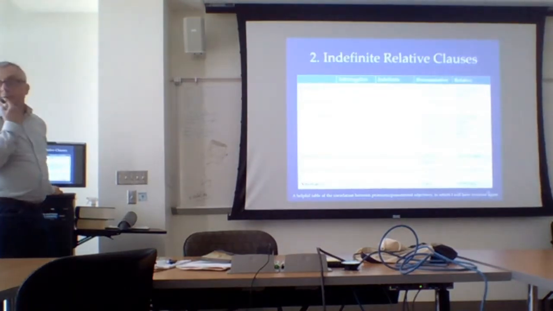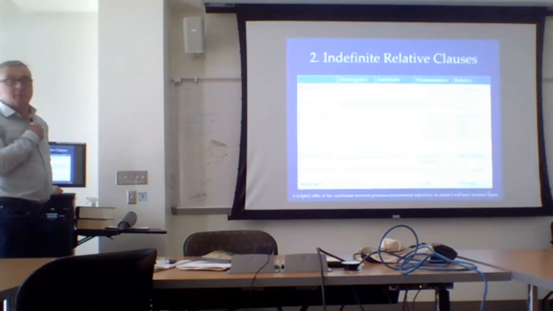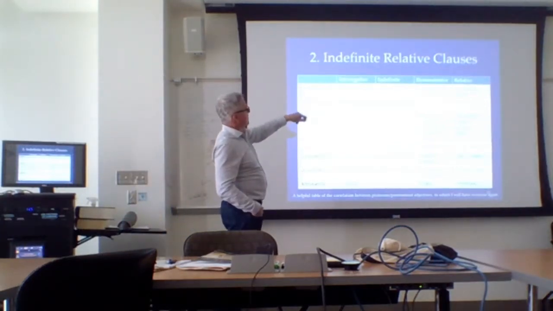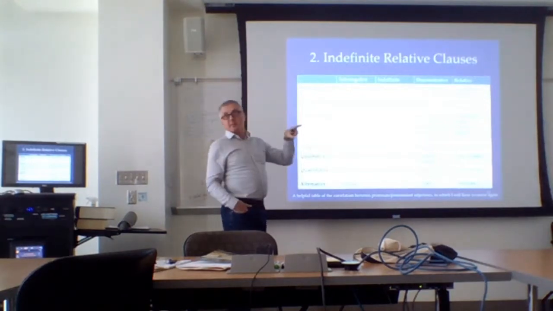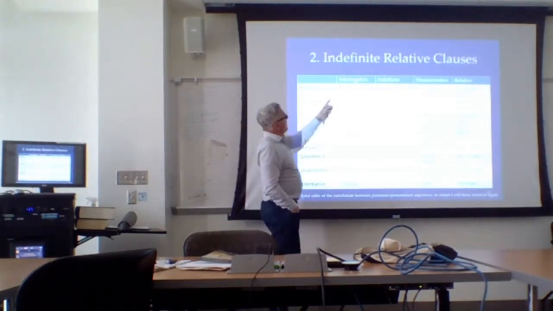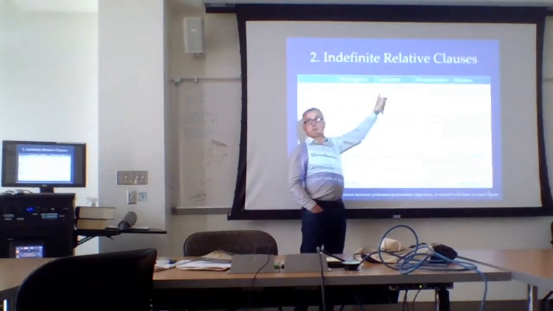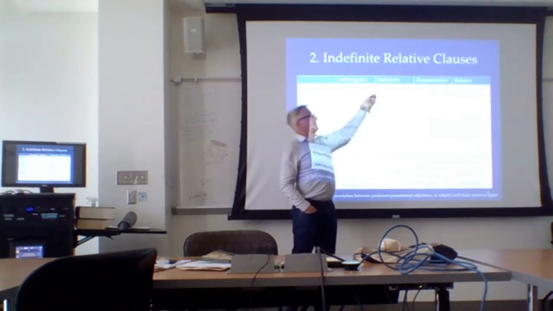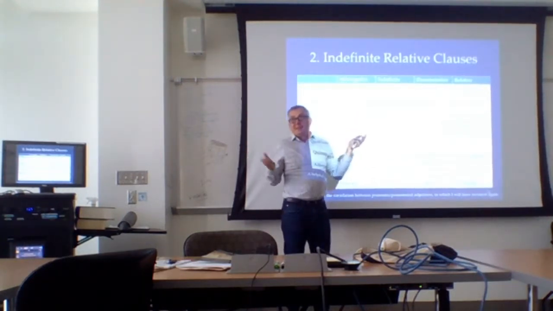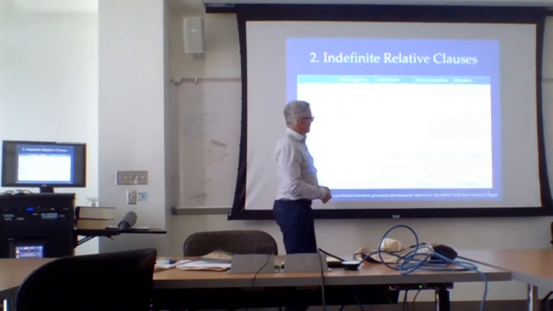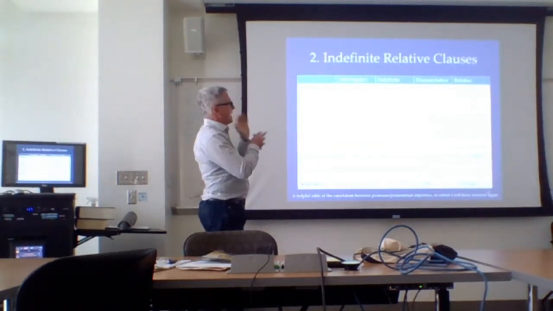I'm going to show you this again next semester, but I threw this in because it may be useful to review. It's known as the correlation of pronouns or pronominal adjectives. It shows the correspondences between a lot of things that you've been learning. Whenever tis or ti, who or what, or on account of what, why, is asked, the indefinite response looks the same without the accent. If I ask who, you may say tis, some dude, right? If I ask what, you might say ti, something. Right? So this is a set of correspondences that I put in there because it is relevant to the examples I've given you